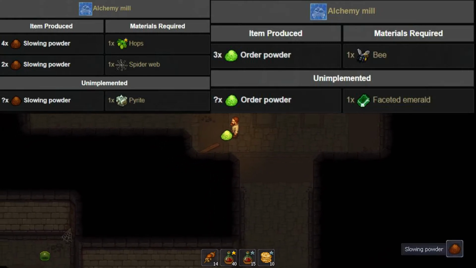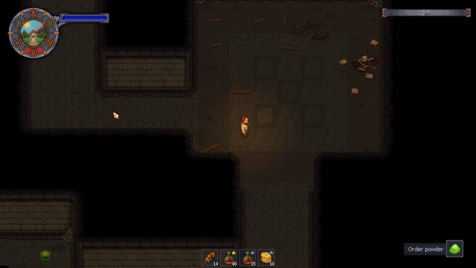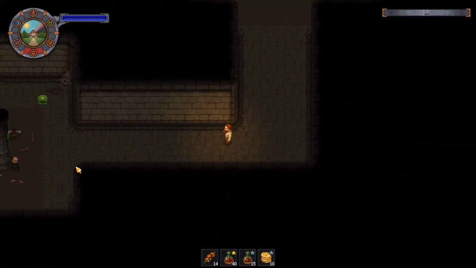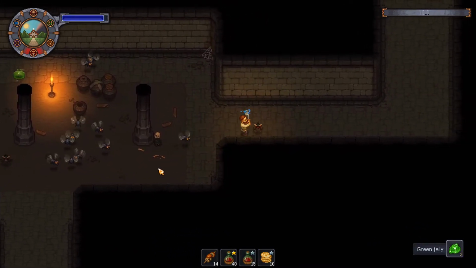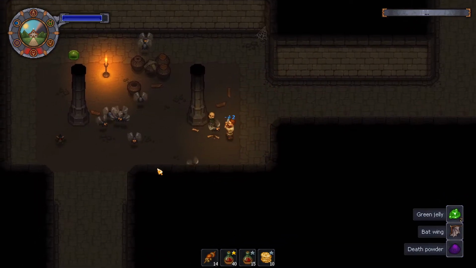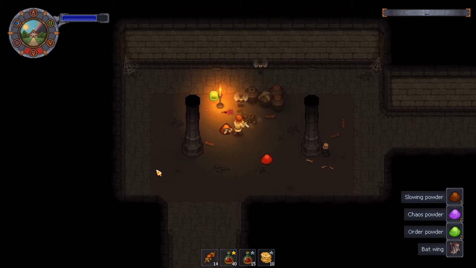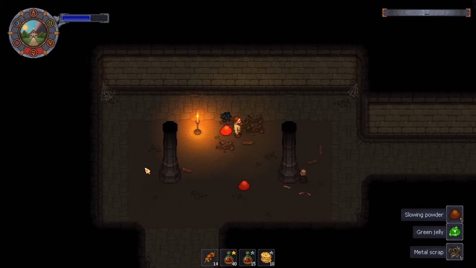So how about we get rid of you? Slowing powder. No, we did not study you. Pumpkin seed, lentil seed. Order powder. Wow, we are grabbing a ton of ingredients here. Oh boy, there's just so many flies here. I am really freaking out right now because this can end up in way too many variations of powders which I cannot basically